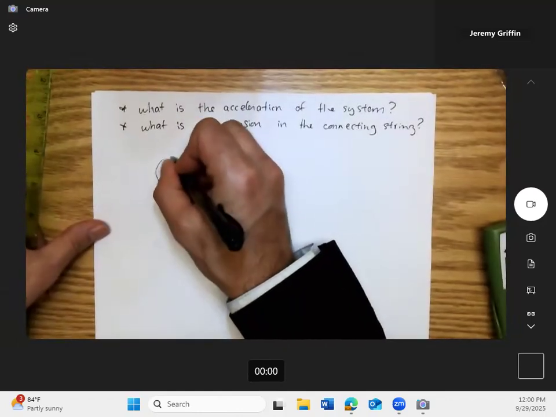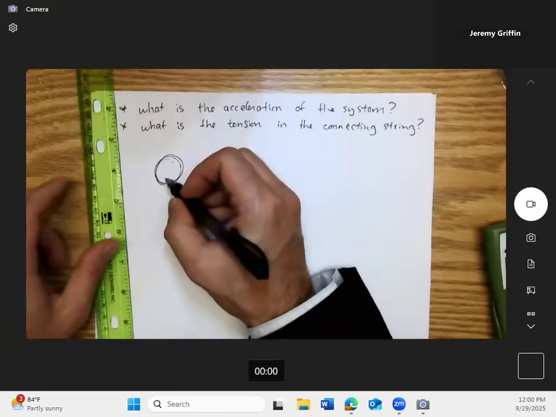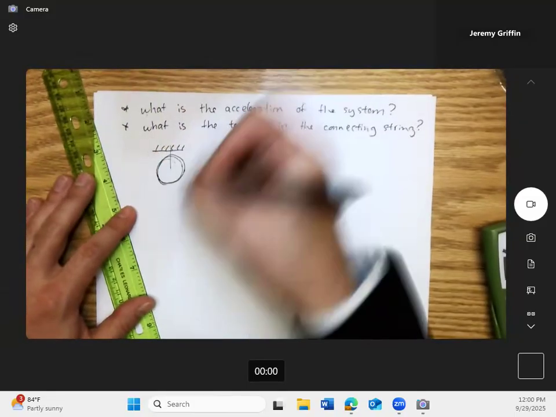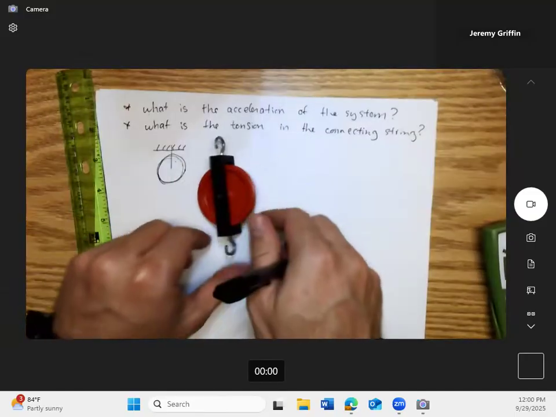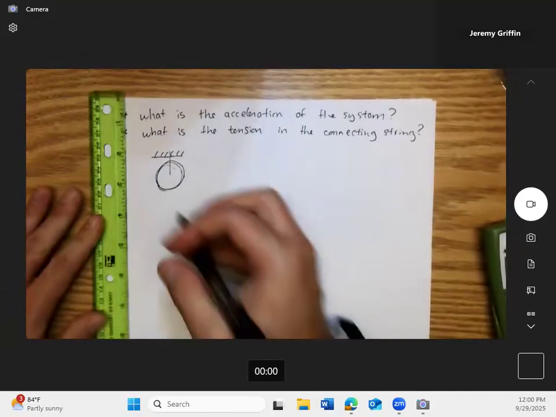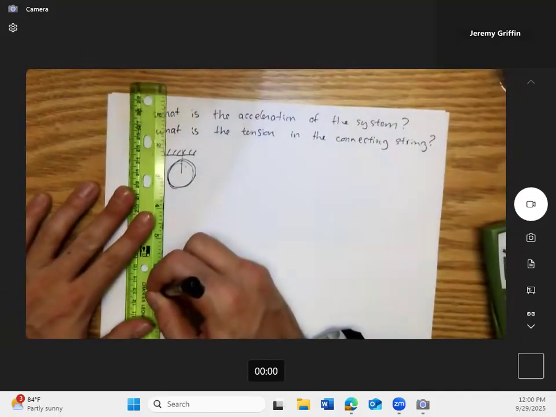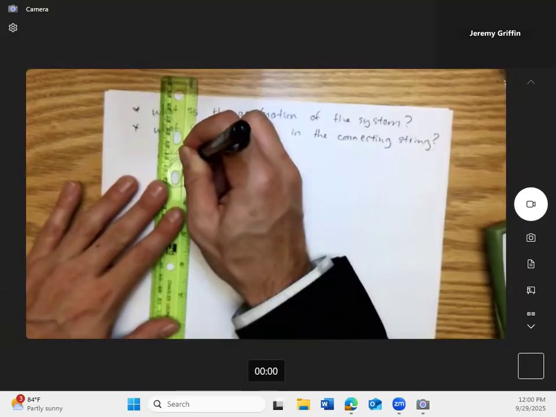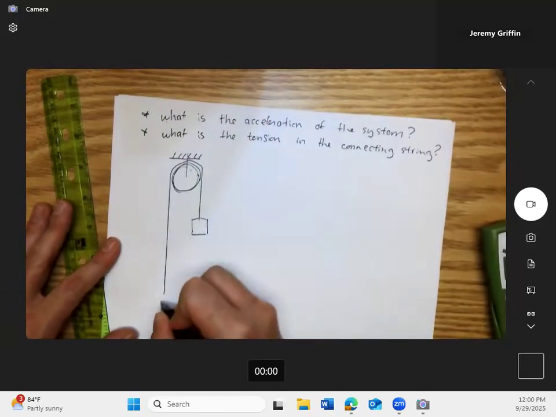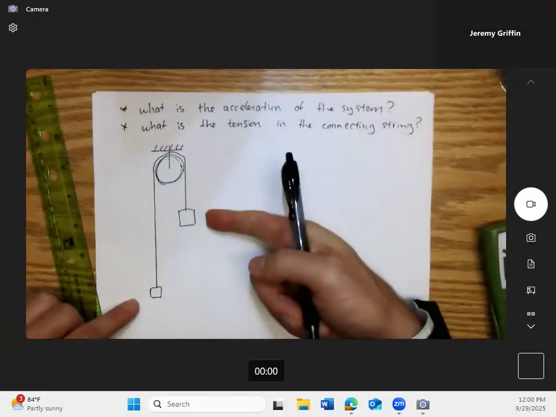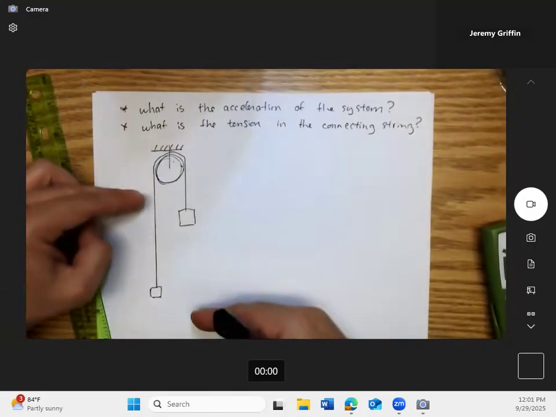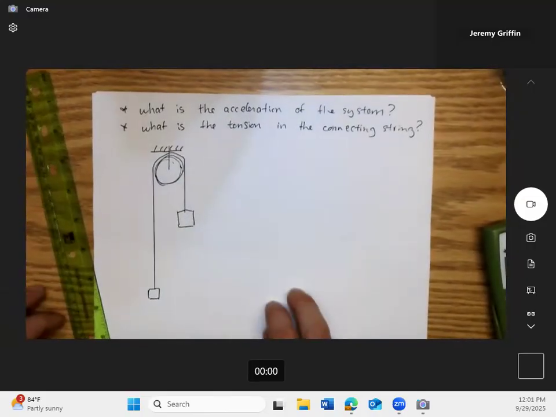All right, so let's get a classic Atwood right here. So I got my pulley, maybe it's anchored into the ceiling, or maybe you're holding it at rest, right? So like a massless frictionless pulley. This guy right here. Massless frictionless pulley. And let's get a couple of blocks on this connecting rope. So start with some mass here and some mass here, right? So I'll start with the heavy one on top and the small one on the bottom, so that when I let it go, it starts from rest. Like that.